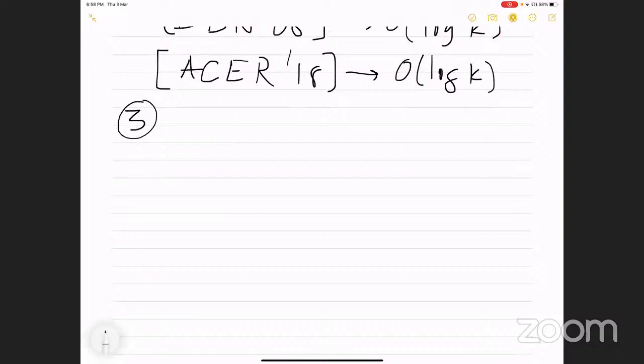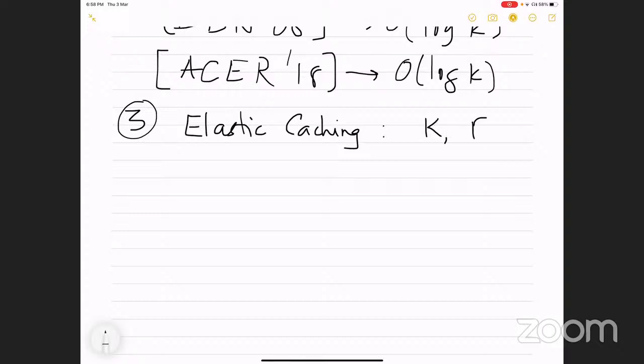These are more recent problems. You can talk about what is called elastic caching. Elastic caching is where the cache size can change. Right now we're assuming that the cache size is K, or in the generalized one there's a fixed cache. But what if I allow you to change the size of your cache? So the model here is the following: you can have some cache size k_t, but there's some sort of cost that you have to pay.